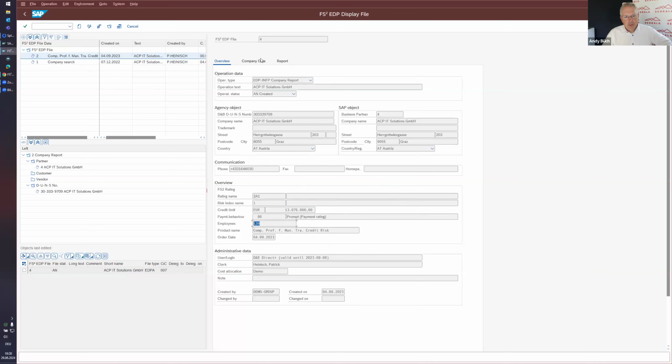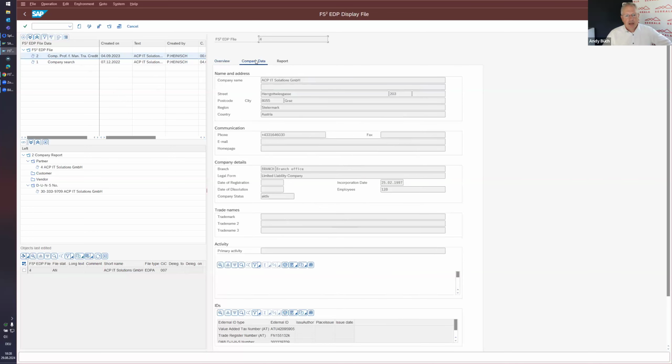However, on different tabs, currently there is just the company tab for the specific product, you get further details, like again, communication details, maybe there is branch and industry information, industry code information, and everything is kept in your SAP system, can be used by other solutions, by SAP standard, can be used by reporting engines, can be used by analytical engines or environments, and used further, like we do use it in our credit and collections space.